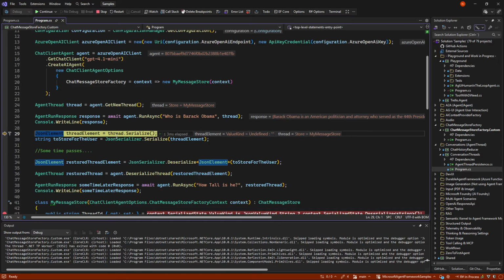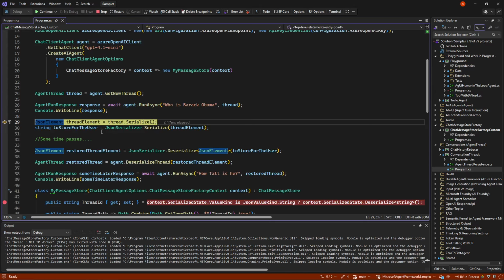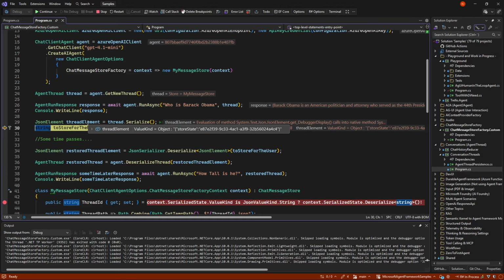And now we have the option to serialize the thread. And if we do that, we hit our thread ID and get it back as a thread element. And this thread element is only the ID now. The rest is stored in the file. So we could, for example, save this in local storage or a database, or if it was a very secretive program, we could tell the user, here's your ID. If you ever want to talk about this topic again, you need to provide it. So there would be no way for anyone to get it unless they have it. So that could be a security thing.